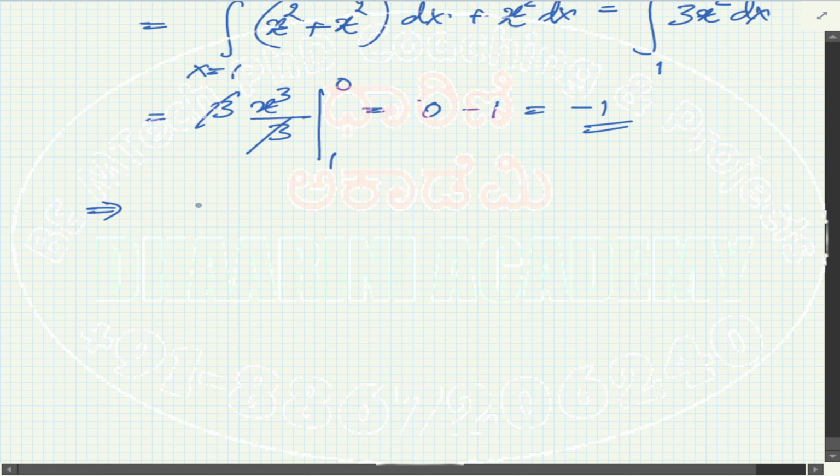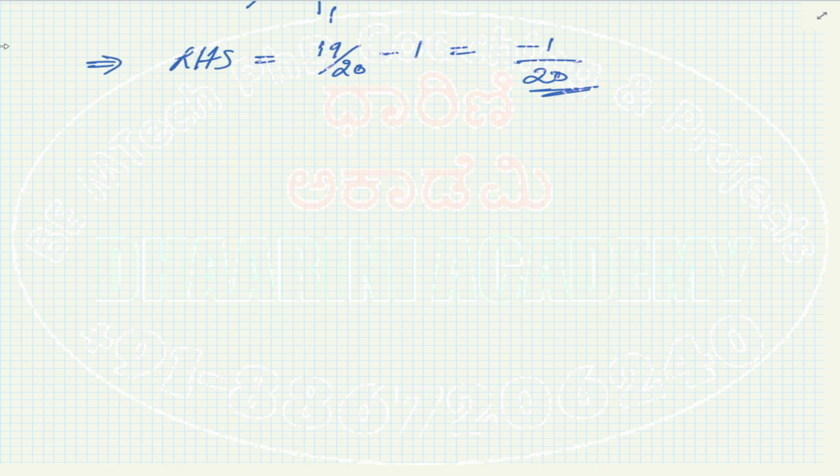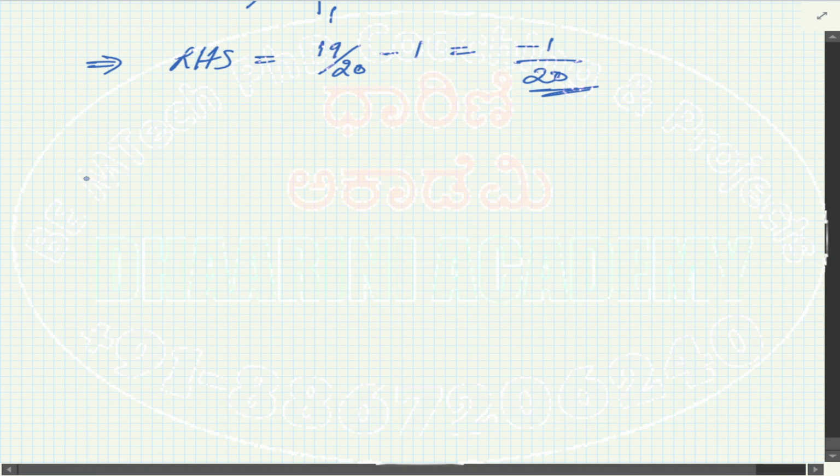This implies the LHS is equal to 19 by 20 minus 1. So this is minus 1 by 20 is the LHS. Now we need to evaluate the right hand side of the equation and we should justify that we are going to get the same answer as per the Green's theorem. So next part,